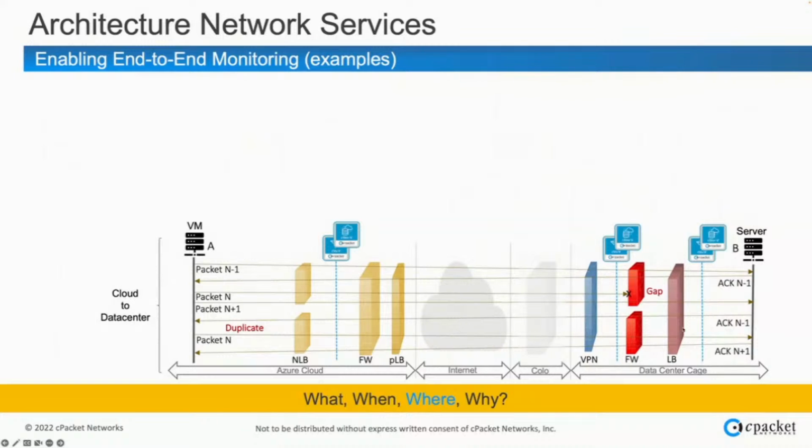So this conversation between A and B is actually very complex and busy sometimes. So you may choose to monitor multiple points in this network, and of course, the more points you add into the network for monitoring,